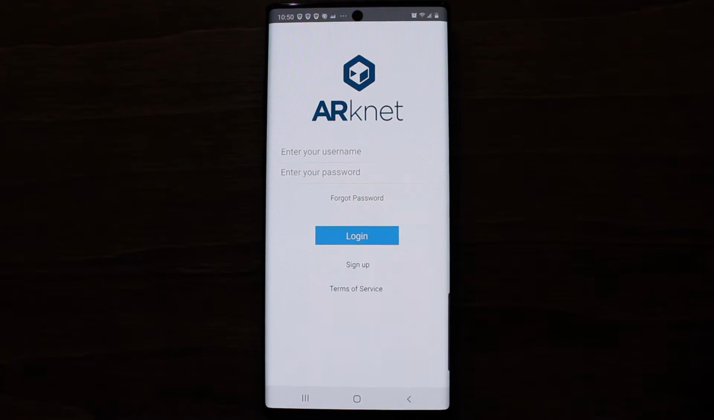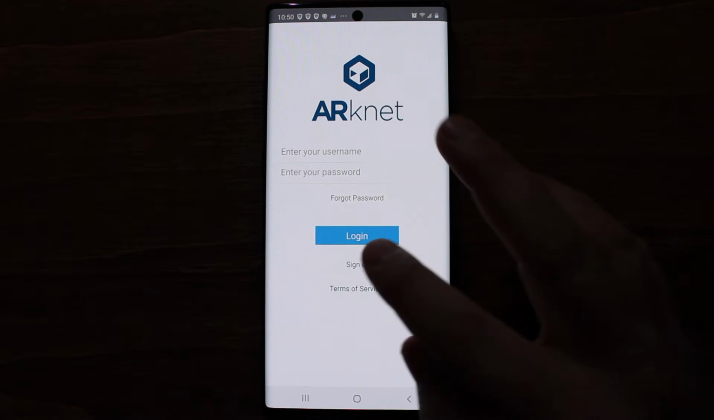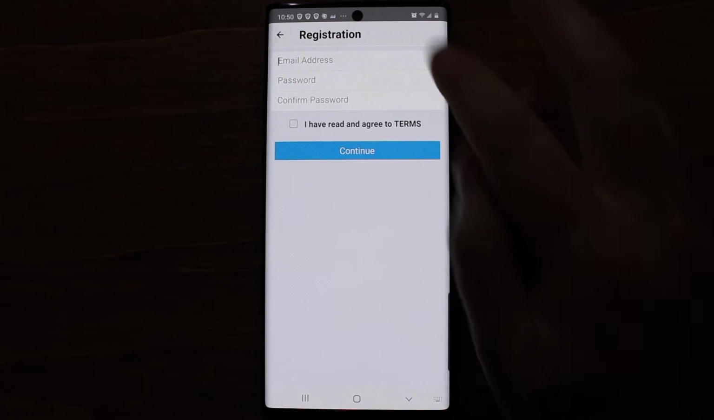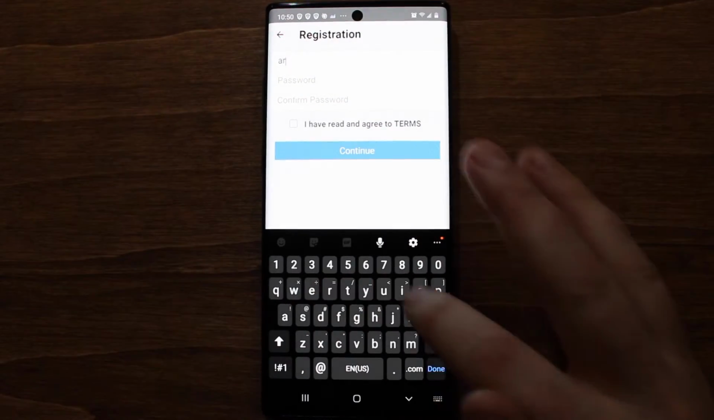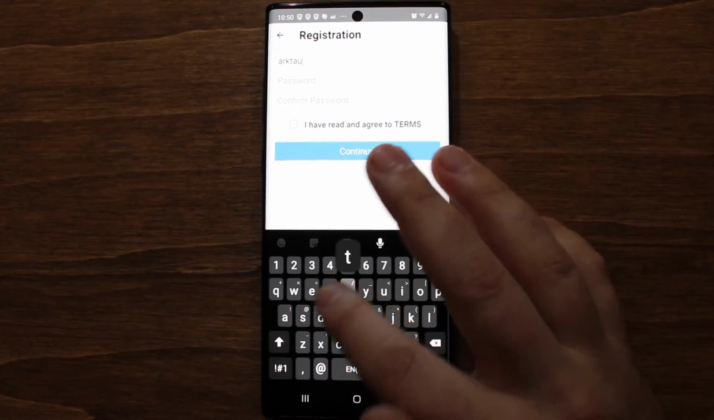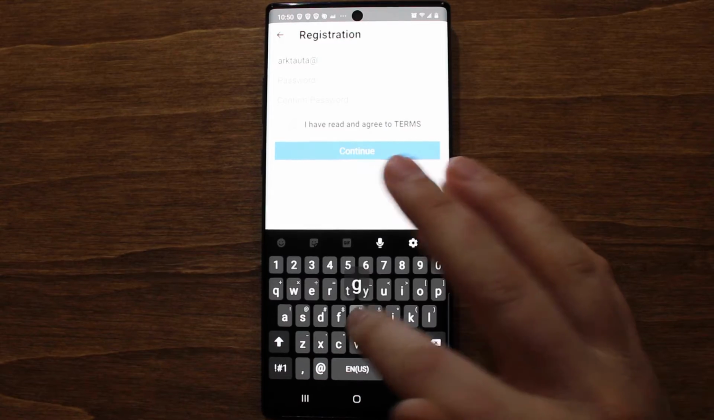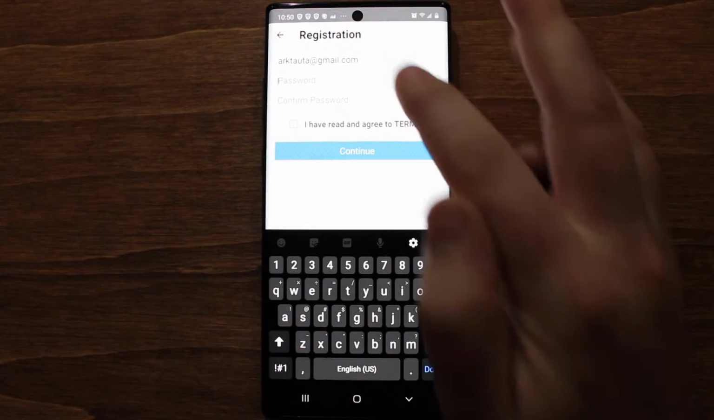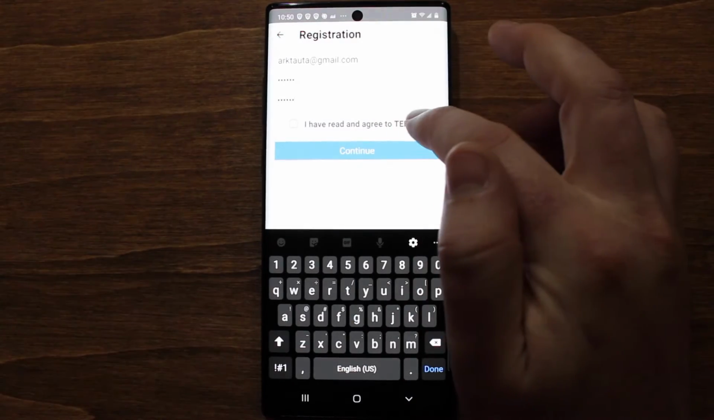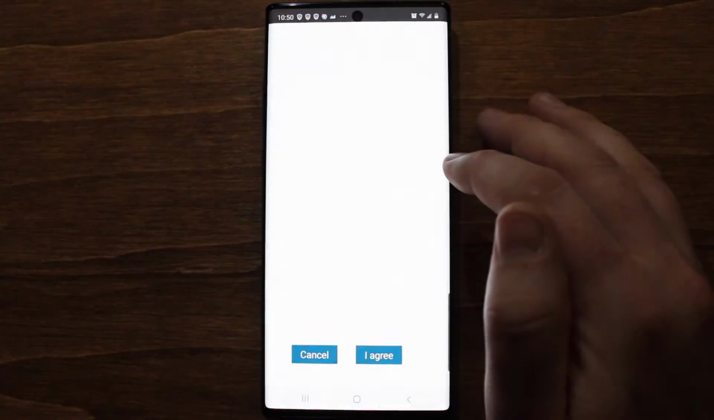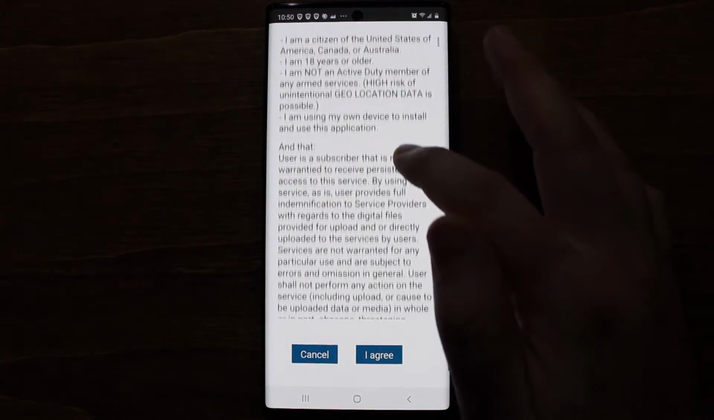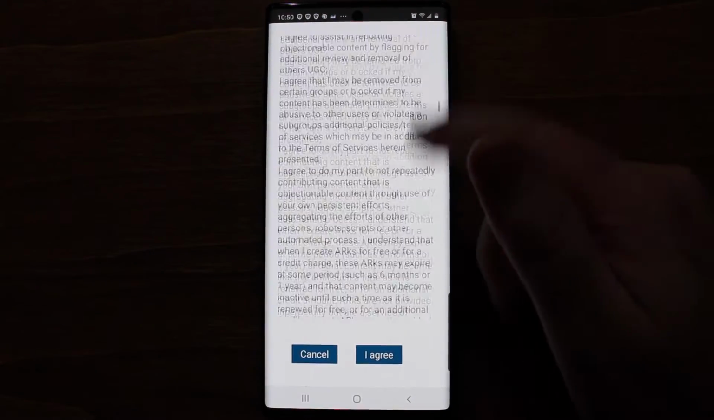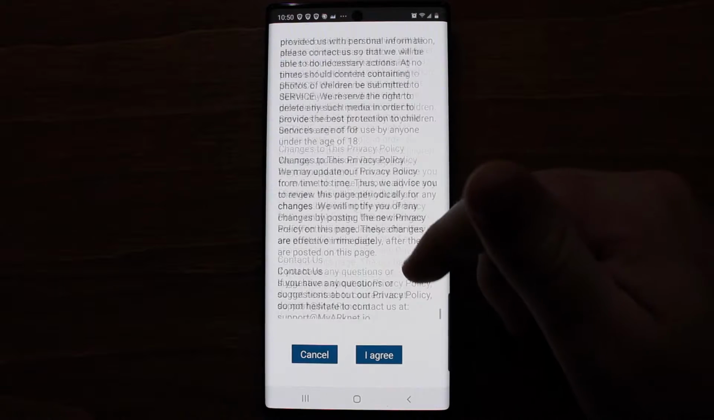And once the app fully opens, you will be prompted to sign up. So press the sign up button below the login button and enter the email that you wish to be associated with the ArcNet app. Then you'll be prompted to create a password and confirm your password. Once you've done so, press the box next to the user agreement. Be sure to scroll and read through the entire user agreement. Once you have done so, press the I agree button